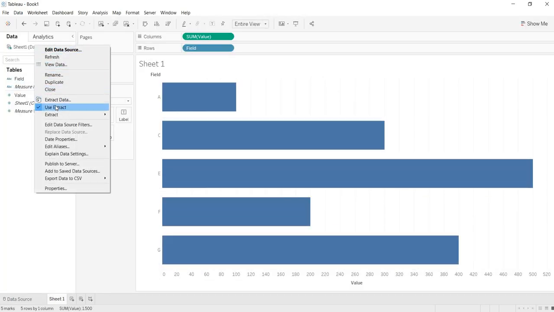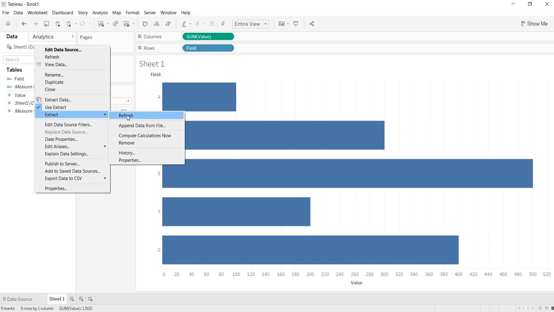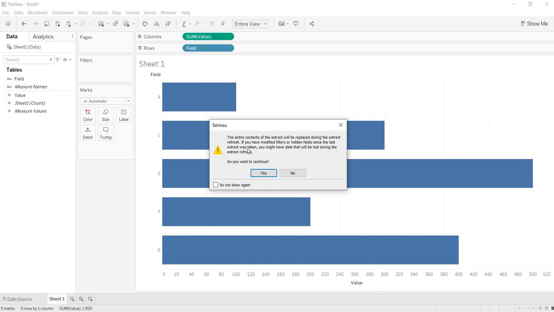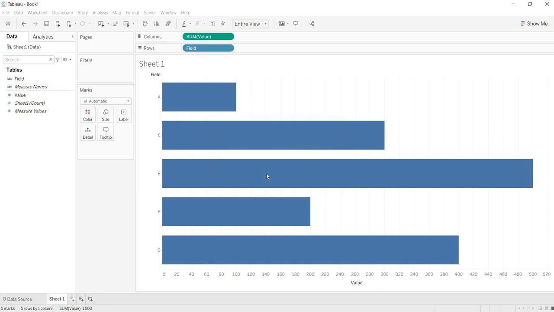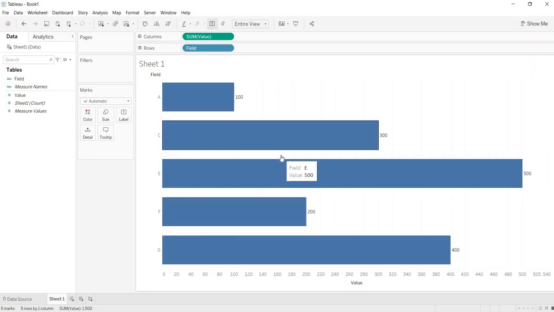Now if you want to refresh your extract, click on refresh. It says the entire content of the extract will be replaced during the extract refresh. Do you want to continue? Yes. Now when you click yes, you see F and G, and B is gone from the view. So this is how we create extracts.